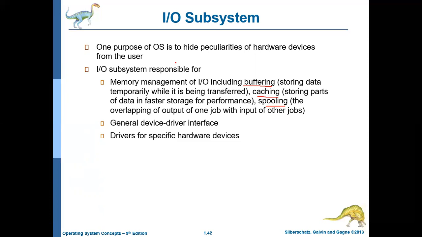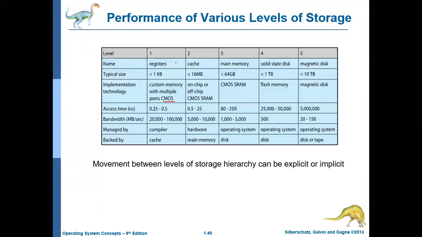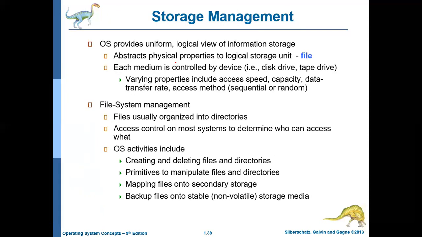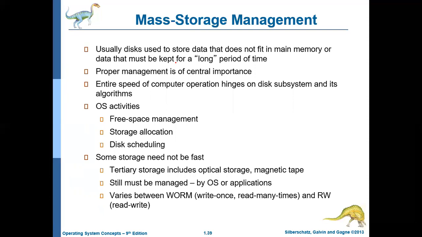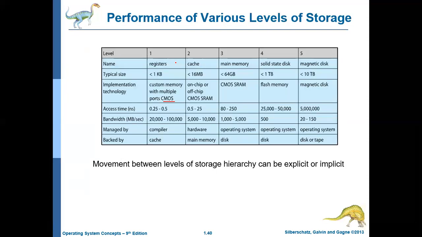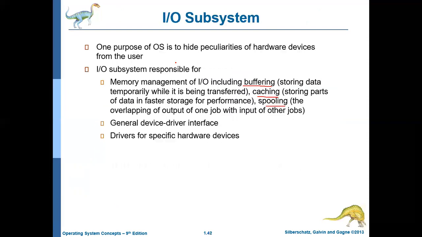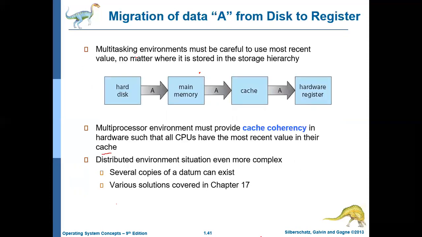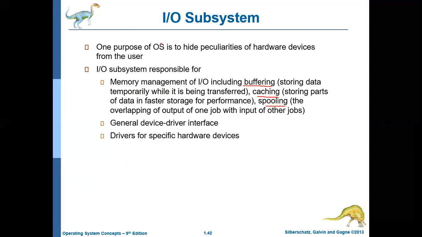With this, we will stop this topic. What we have discussed here is storage management. We have discussed storage management under four headings: file system management, mass storage management, cache memory, and IO subsystem. In today's class we have discussed cache memory and the IO subsystem. Fine, we'll stop here. Thank you.